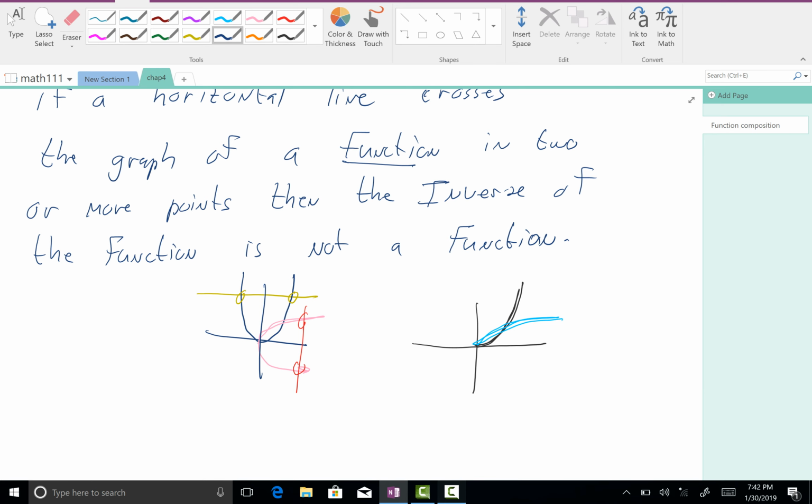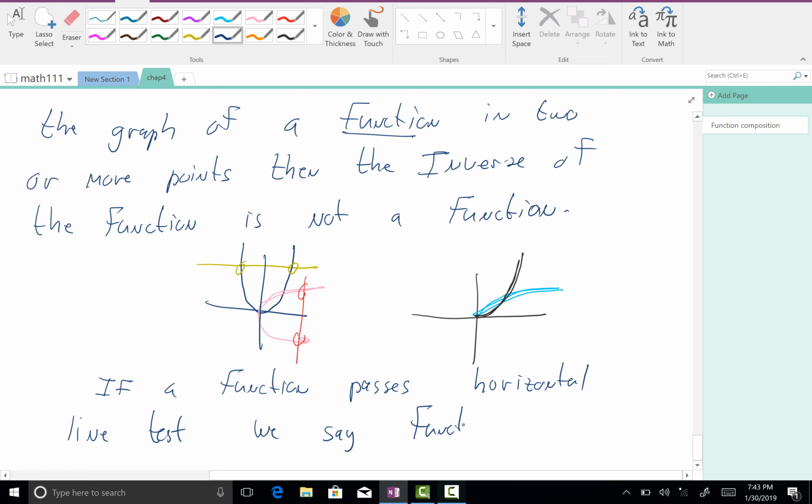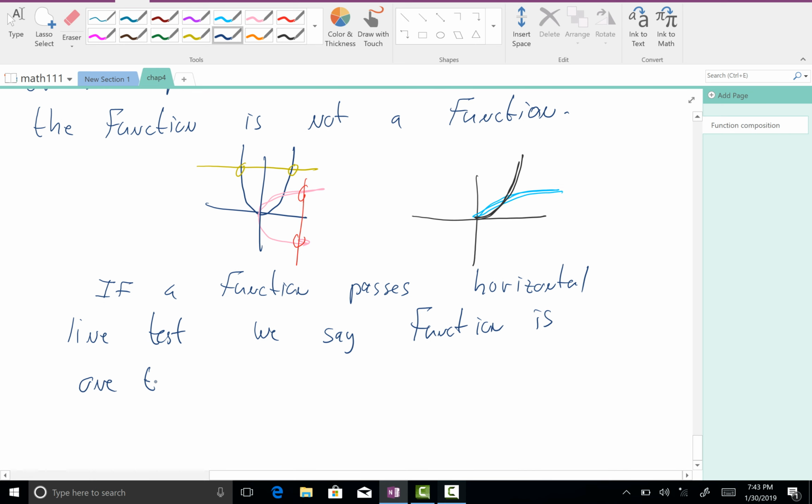So, one more thing I'm going to add to that. If a function passes the horizontal line test, we say the function is 1 to 1, which means that every number in the domain has one and only one number in the